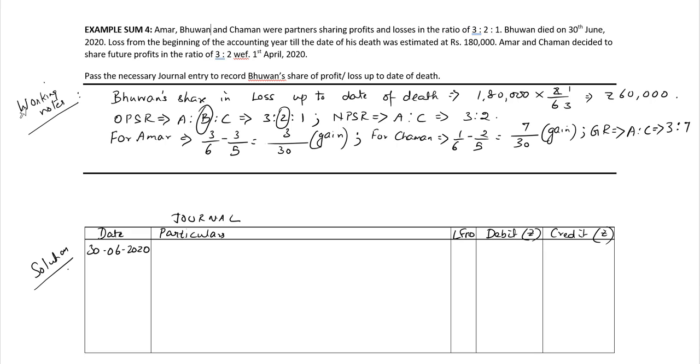Bhuvan has a share of loss, so we need to reverse the entry. We will debit Bhuvan's capital account with his share of loss up to the date of death, which is 60,000 rupees, and credit the gaining partners for the 60,000 in gaining ratio to Amar's capital account